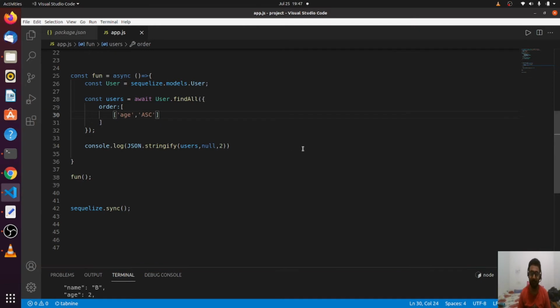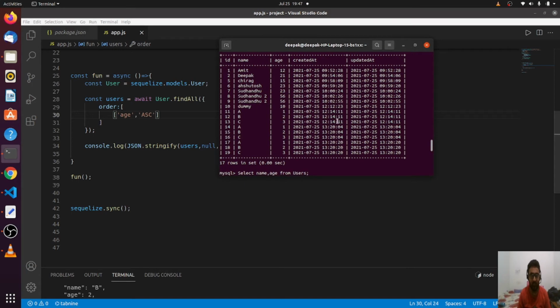Now we are done with the aggregation functions, order by, and group by also. Now comes an important thing. It is important because it is very useful in real life projects, and it's very easy. Let me give you an SQL query, then I will demonstrate how we will do it in Sequelize.